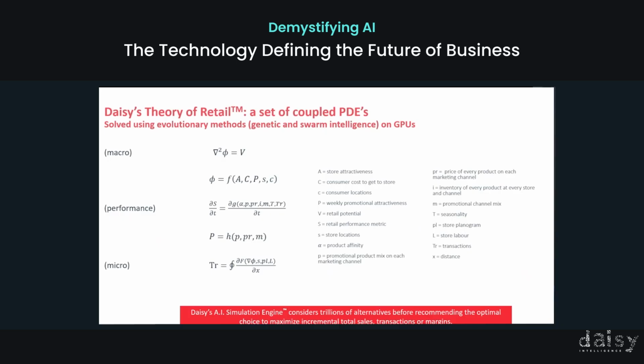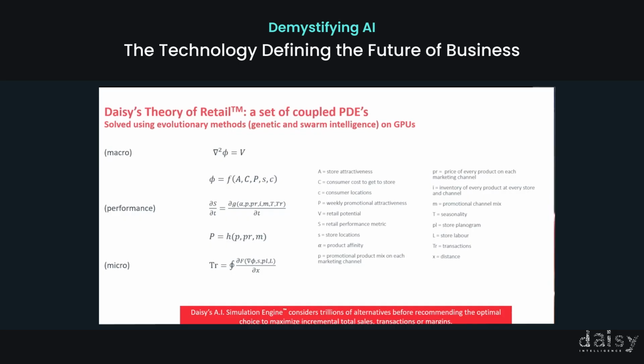So this set of coupled differential equations captures the dynamics of retail or any retail business, be it food, electronics, clothing, sporting goods. We've been able to validate that this exists. And with this simulation, we can feed these dynamics into that reinforcement learning setup and actually simulate the impact of, if I promote this combination of items at these prices and I have this much inventory in every store, what will happen? These differential equations, these dynamics, will allow us to do that simulation to find the optimal decision set that I can make. And so that's how we apply reinforcement learning.